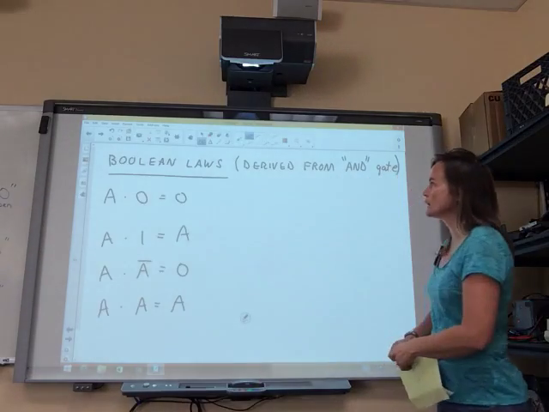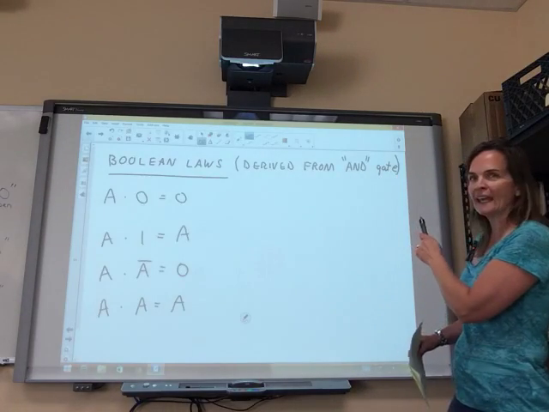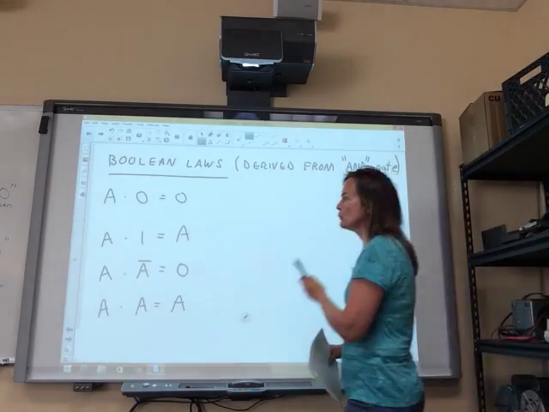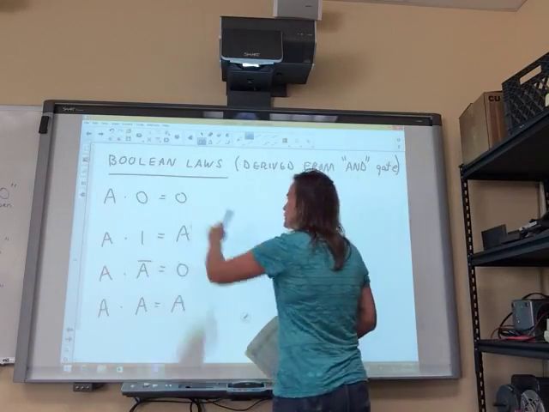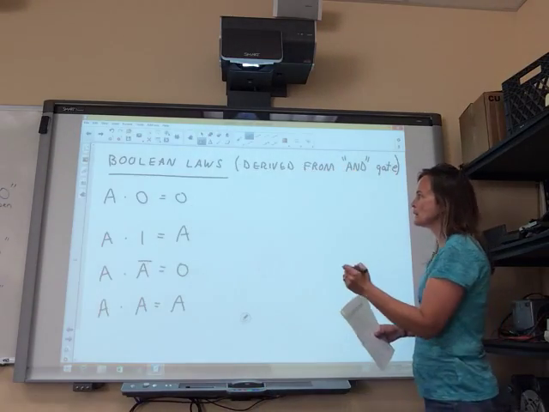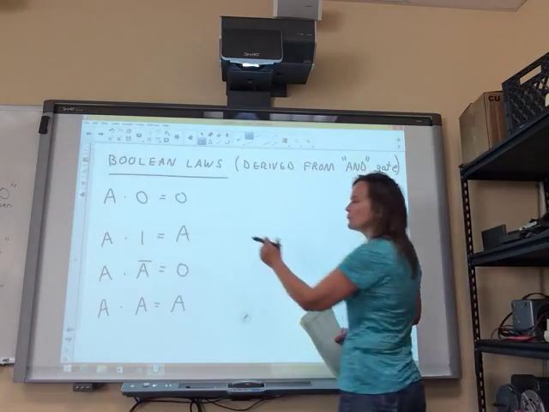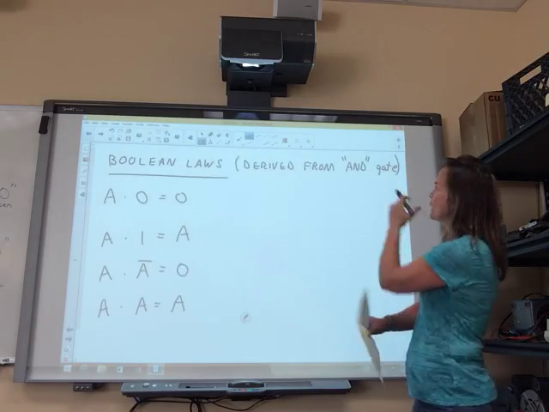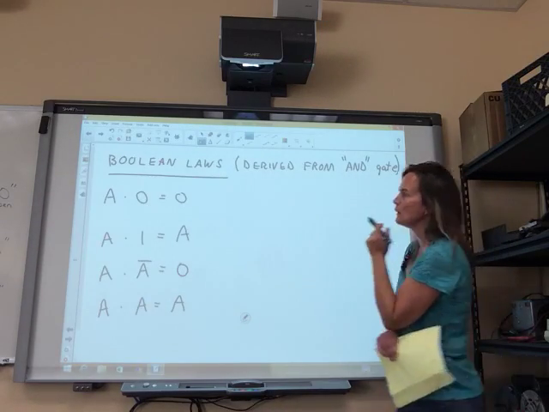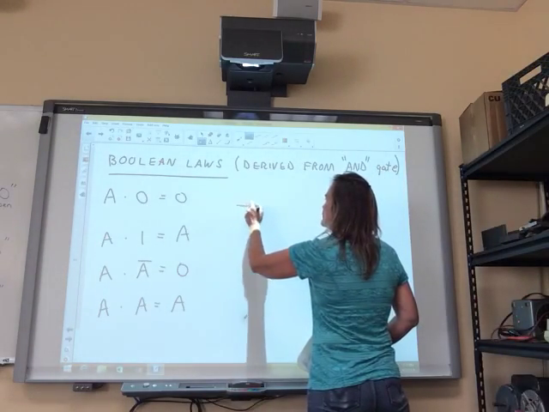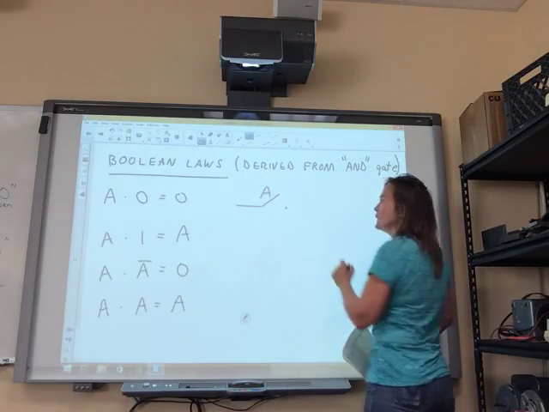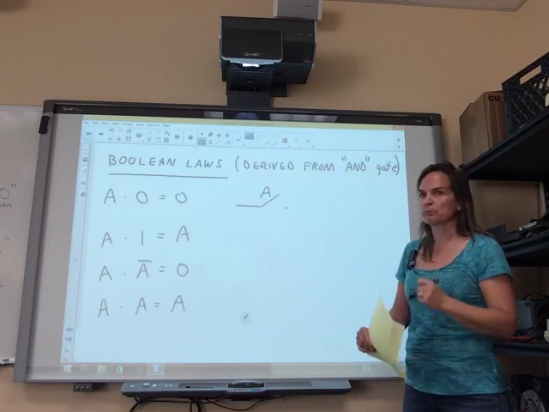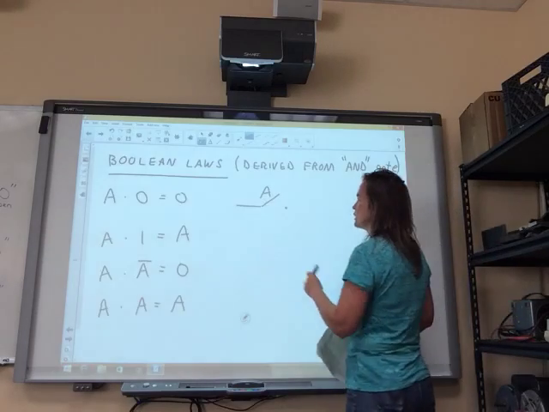We're first going to take a look at our Boolean laws that were derived from the AND gate. And previously we said that A and a low input was always going to be a low input. Let's look at that with our switches. And we're going to be putting them in series when we're talking about the AND gates. So let's fill in the rest of that circuit. We're going to have a switch that can be open or closed. It's a digital system. It can be